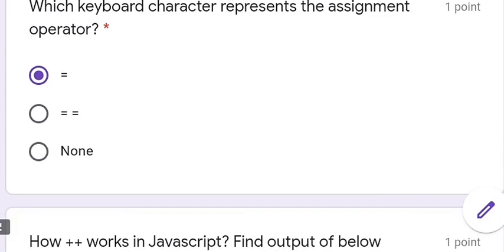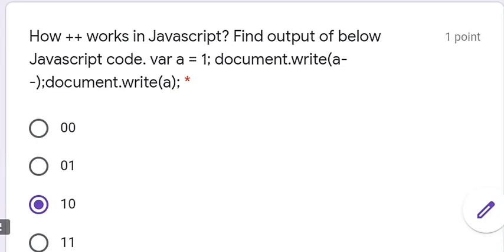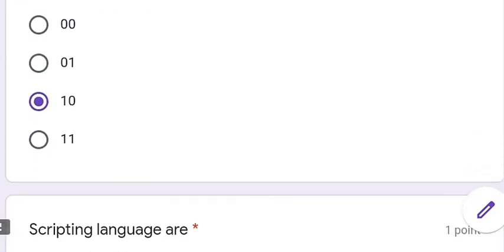This is the code for the increment and decrement operator: variable a equal to 1, document dot write a minus minus. First it prints the value of a, which is 1, and second it prints 0, because after printing 1, a is decremented by 1. So 10 is the right answer.